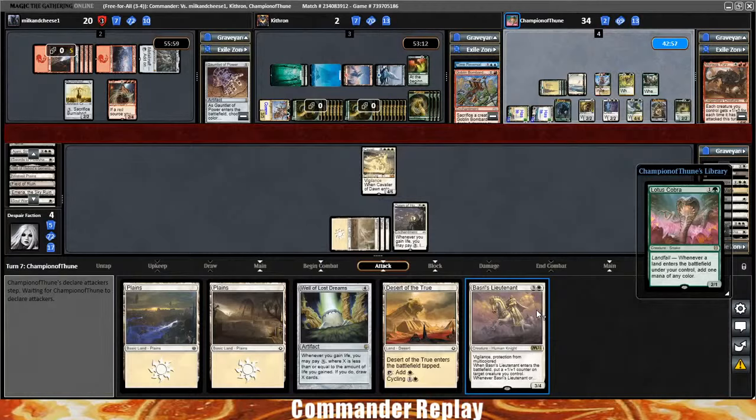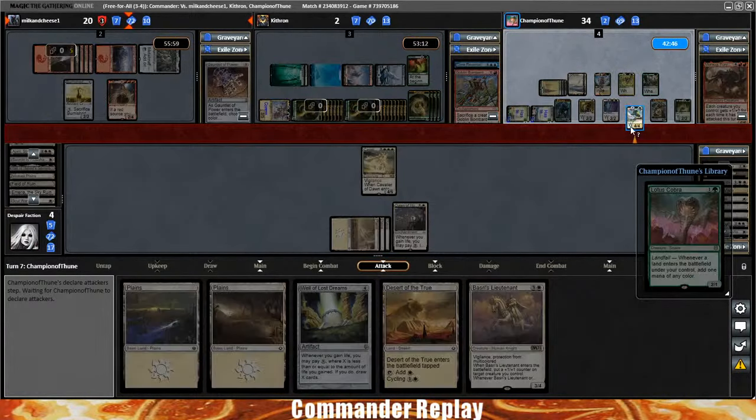Nykthos is the best ramp in mono white. It's good. It does require stuff. It requires permanents to be in play. It's also just expensive. Like, if you're trying to get them in paper, ooh. They were 25 last I looked. I don't know if they've gone up or down from there, but...